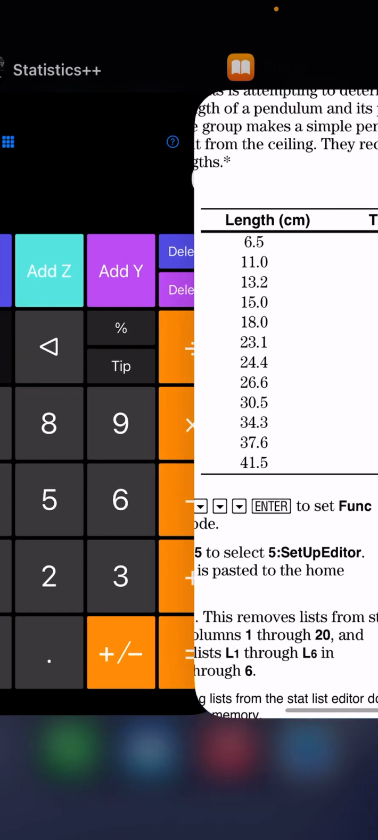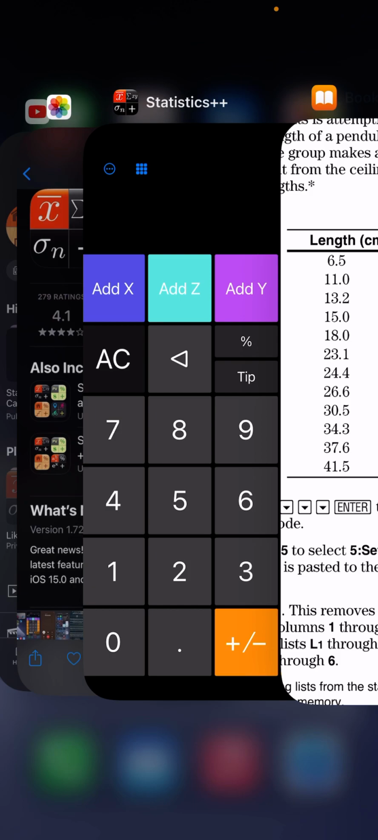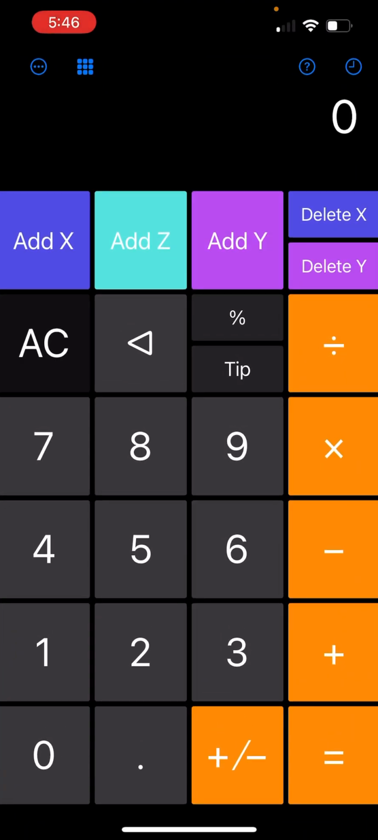I have gone ahead and entered most of these numbers, but I'm going to show you how to enter the last couple of numbers in each list. So I chose to enter the length of the pendulum in the X list, and I'm going to add the last two numbers, which were 37.6 and 41.5 for X, and for Y I had 1.28 and 1.32. So after I did that, I'm going to press the icon on the top left, which looks